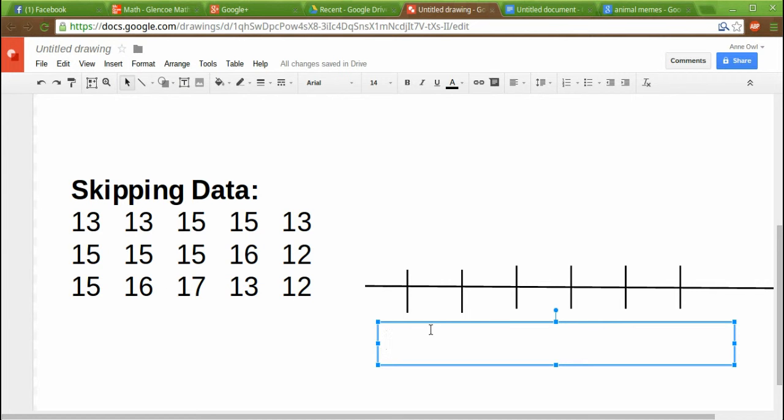Nope. Alright, so 12 is my lowest data point. Now let's go through here and look for our biggest data point. Is there something bigger than 15? Yep, there's my 16. Alright, so I'm going to fill in everything in between